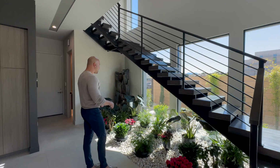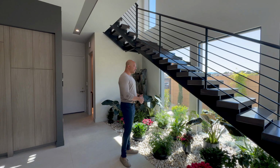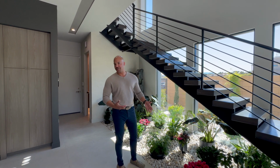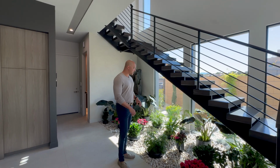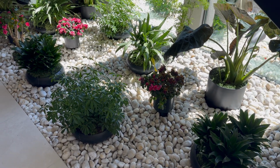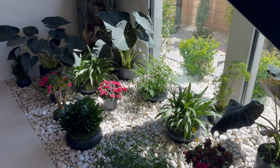Now, this is what we were talking about, the concept of biophilic design. We're at Stonewater, so there is a little lake here. So we're kind of saying that we have the river rocks, lake rocks, if you will. I prefer just a natural bed of rocks. This is a little bit much for me, a little bit too much vegetation, but clearly they're trying to